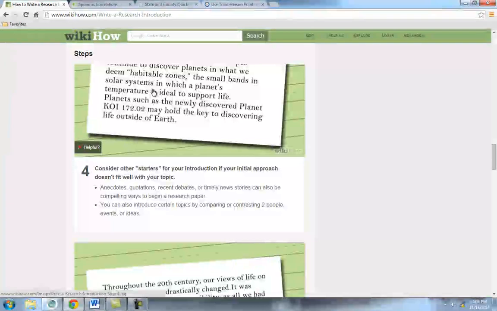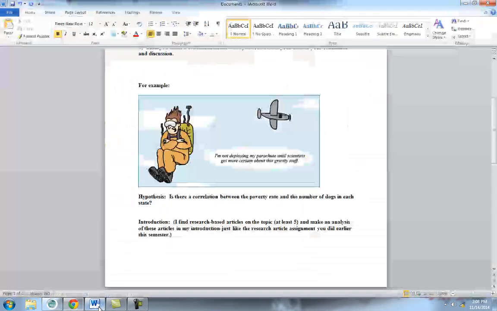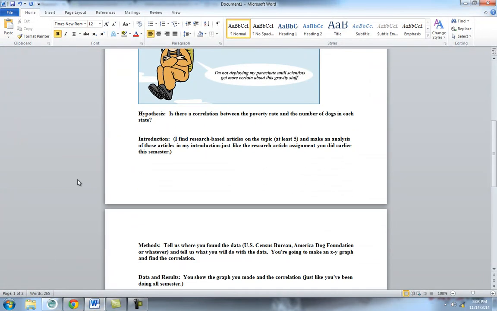But this is where you put your research, so you have to find the research articles. Remember that assignment, the research article that you did and evaluated? Now you're going to find some articles about your subject. Again, if there's no article about your subject, then change the subject. There's a lot of articles about everything. So if there's nothing about poverty rate and dogs, I'm dumping this hypothesis. And look, I put it in the question, is there a correlation between the poverty rate and number of dogs in each state? So I have to find